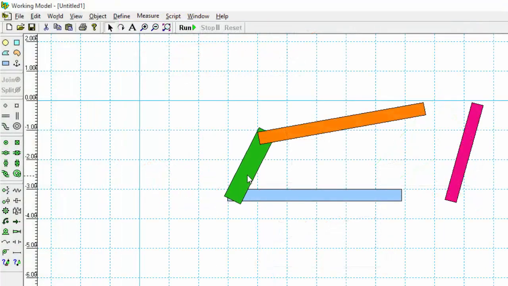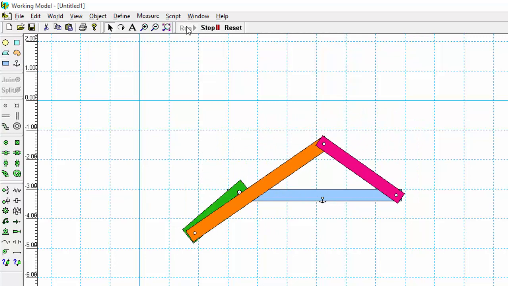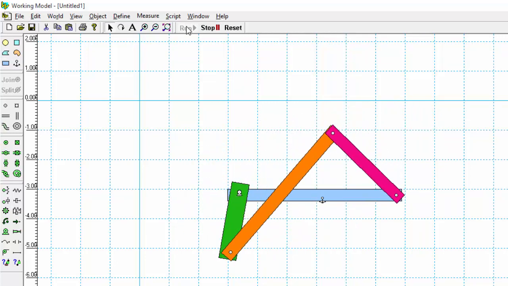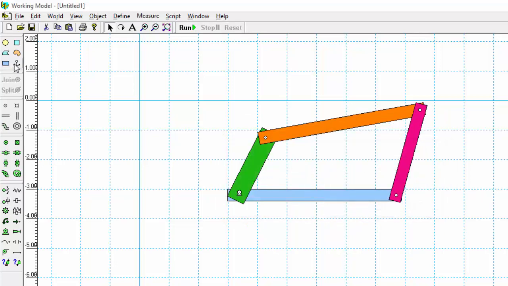Let me show you the simulation of 4-bar mechanism and its inversion. In this arrangement, add pin joint and motor on respective place. Fix link 1. This is a simulation of 4-bar mechanism. Fix green color link instead of blue color link. You can see a double crank mechanism.